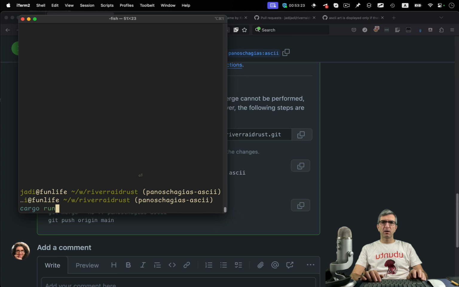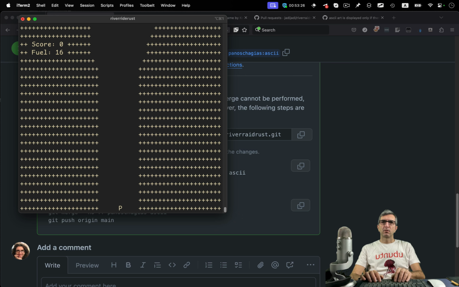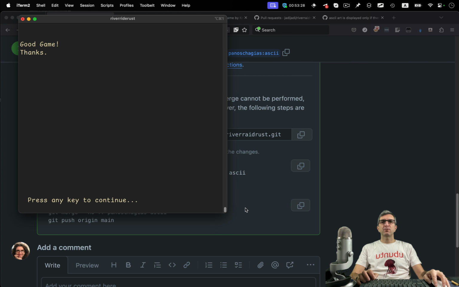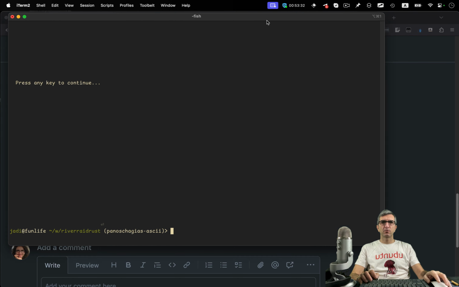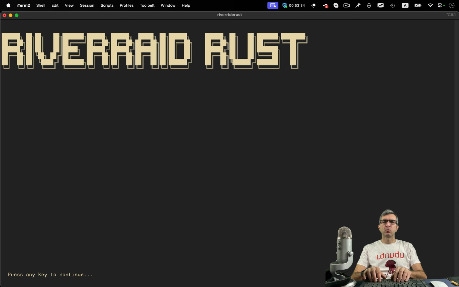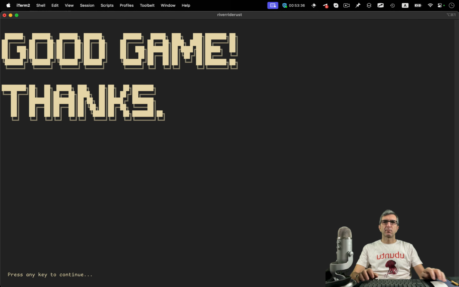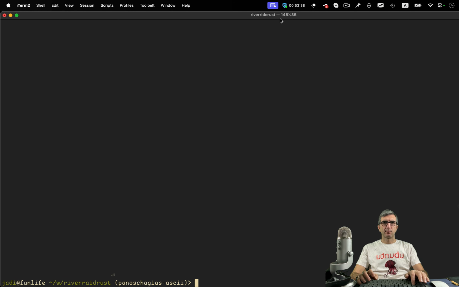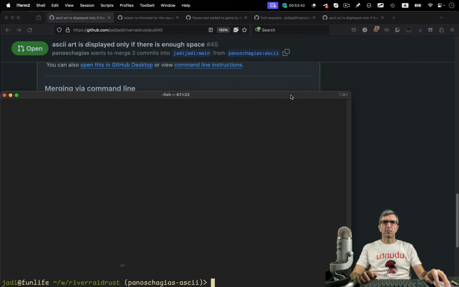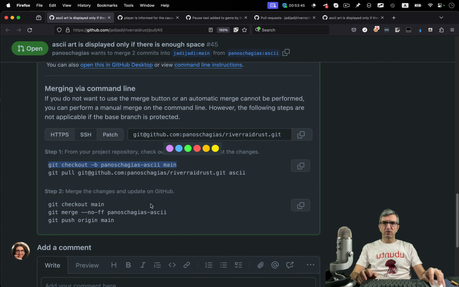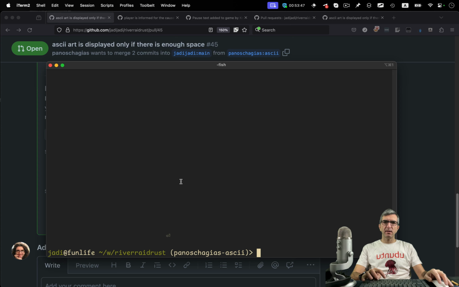If it's even smaller, nice. And if it's large and I have lots of columns, we'll show both. So we'll merge this one. It looks okay.